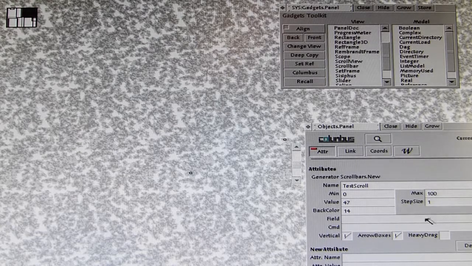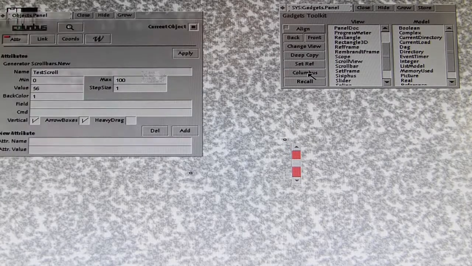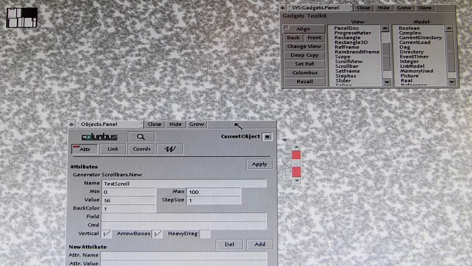And also let's change the background color to 1. So entry 1 from the color table means the scroll bar background should become red. Okay, yeah. Now we close this and we deselect, and now you have a red scroll bar. Now let's select it again, open Columbus, and let's take a look